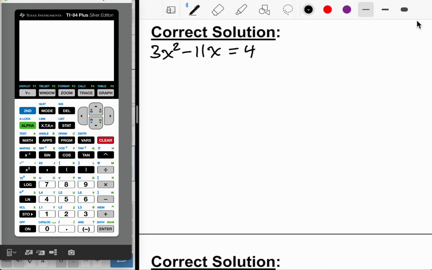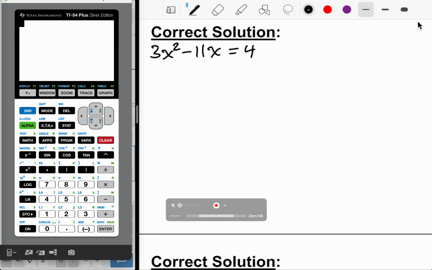All right, so for the first one, we have 3x squared minus 11x equals 4. We're looking for a solution using the zero product property. The zero product property tells us that we need to have, well, in the case of quadratics, two factors that'll multiply to give a result of 0. All right, so